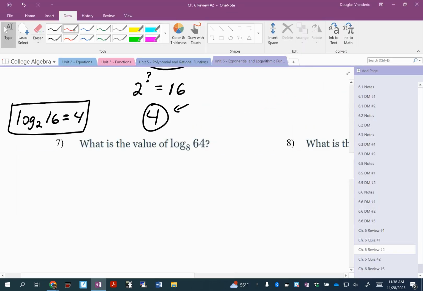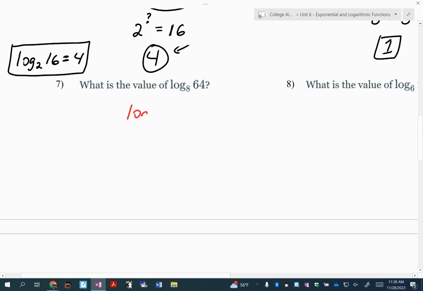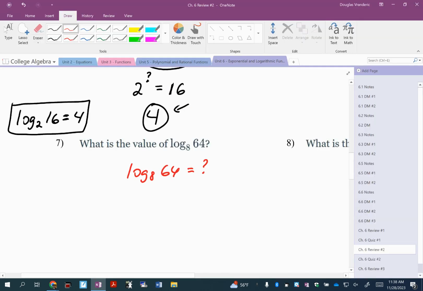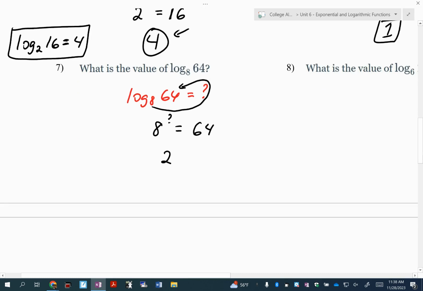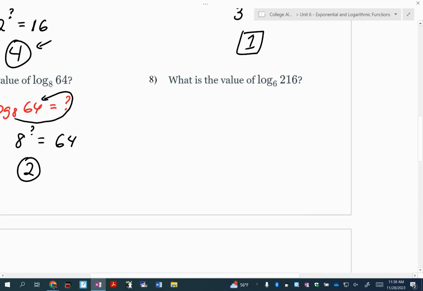Okay, the next one, log base 8 of 64 equals something. Swoop, change it to exponential equation. So 8 to some power equals 64. 8 to the second power is 64. And the last one,